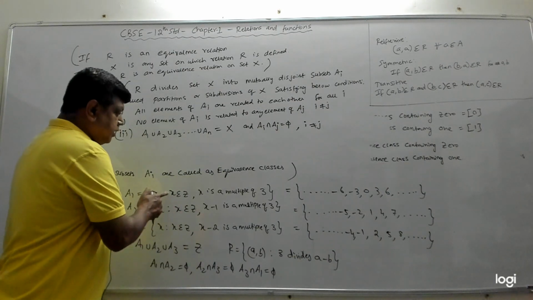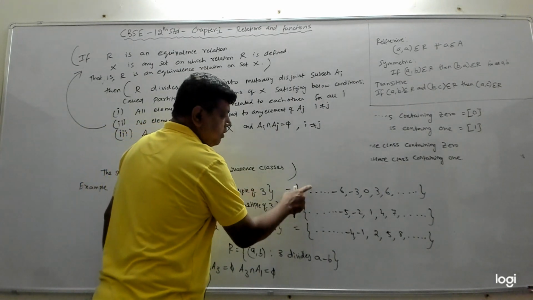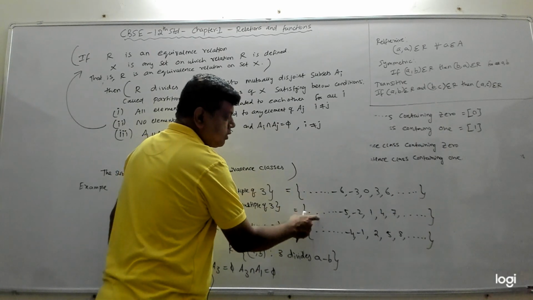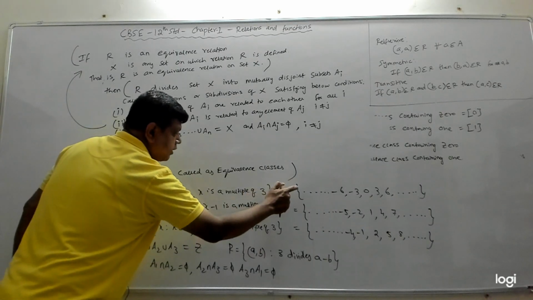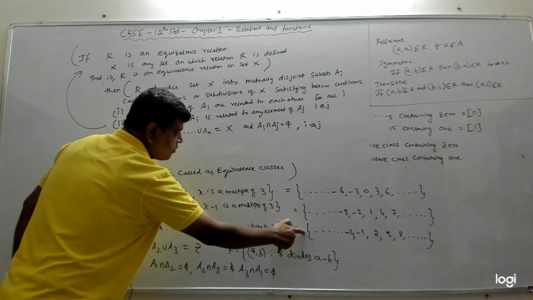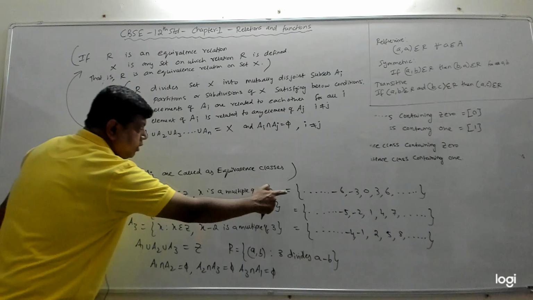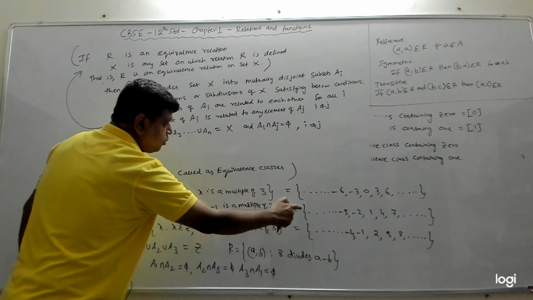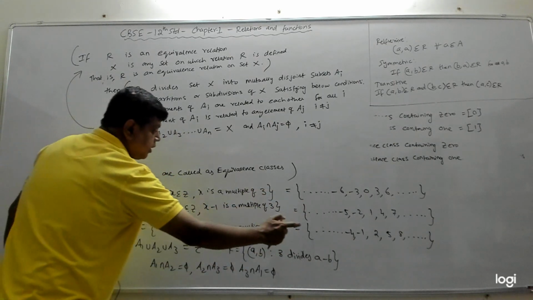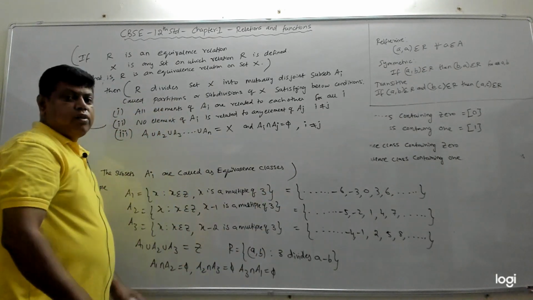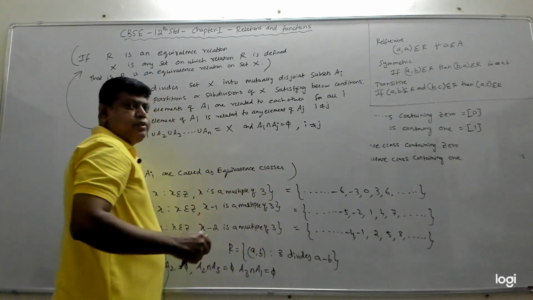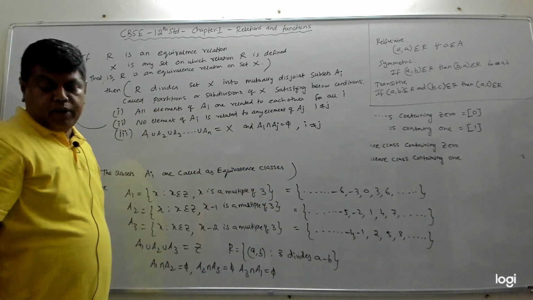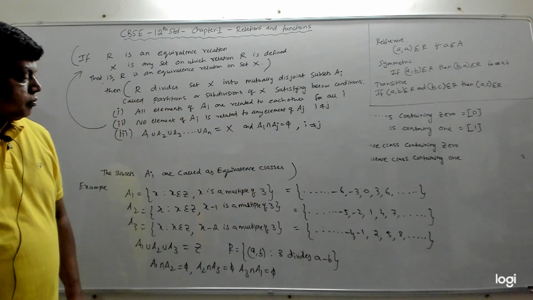Right? So nothing is common between these two. If you take the intersection of these two sets, it is empty. If you try to take the intersection of this set and this set, it is an empty set. That's why A1 intersection A2 is empty, A2 intersection A3 is empty, A3 intersection A1 is empty. We call this statement pairwise disjoint. Basically, any two you take, nothing is common, right?